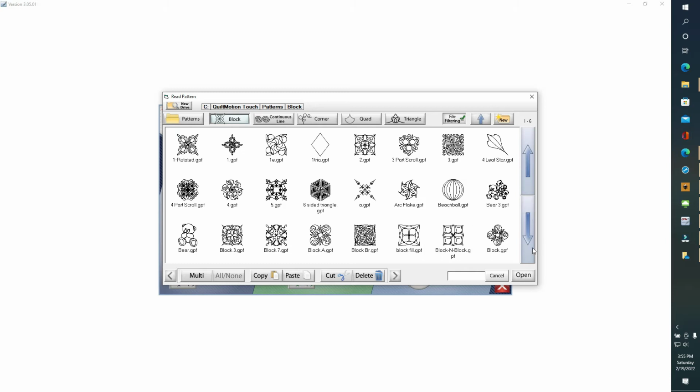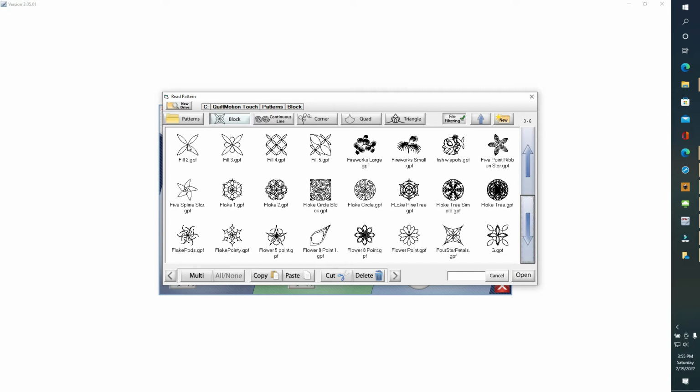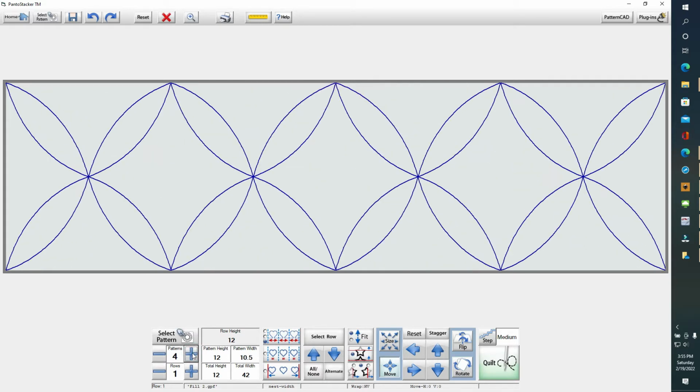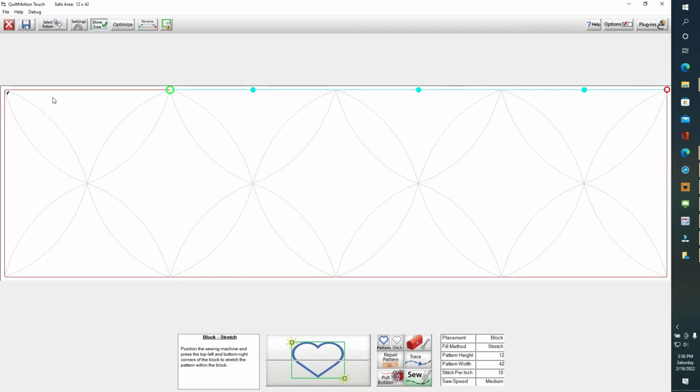If you choose a design, like a block design, that starts and finishes in the same place, like this one does, you won't get what you want when you just connect a bunch of them like this. Let me demonstrate. If I go to Quilt, which is where we'll see what's going to happen here, because these designs start and stop in the same place, they have to have a line connecting them. So it starts here, it stops here, then it's got to start here again and stop here,